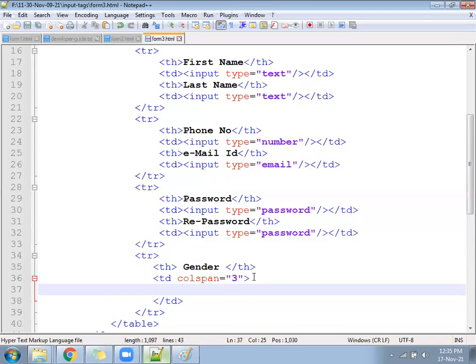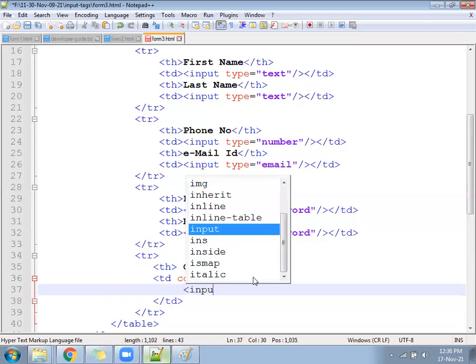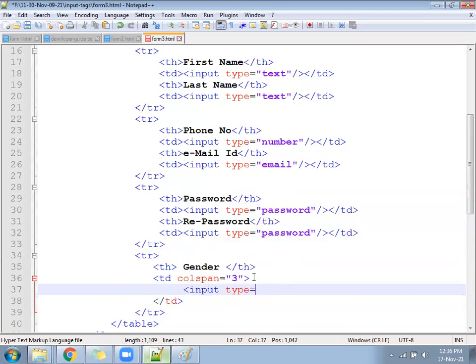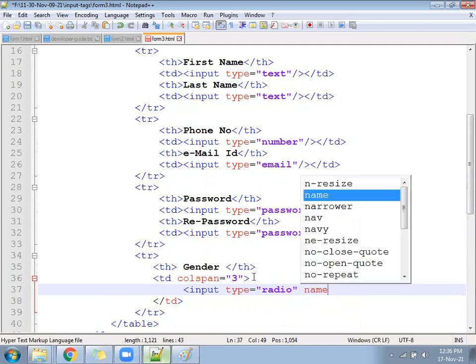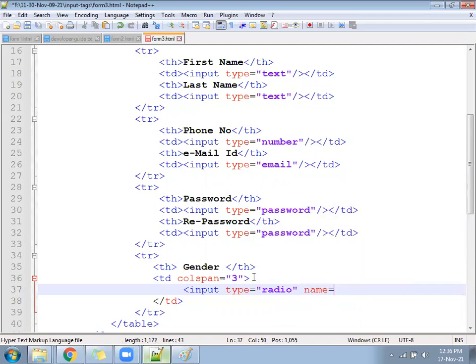Right here, input type equal to radio. Input type equal to radio. So for a text field, you have seen two properties: maxlength, size, plus another one, placeholder. For a radio button, what do we have? We have a property called name. Using the name property, we can block the user from selecting more than one. So we can write here name as anything. You can write ABC, but give a meaningful name.